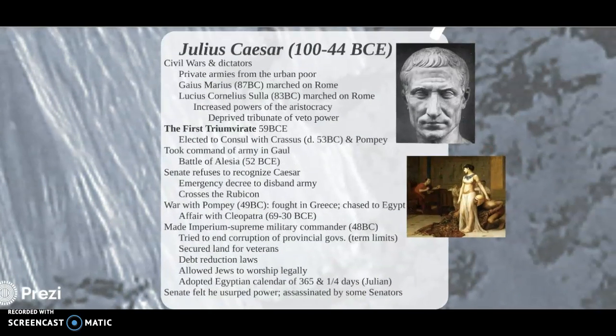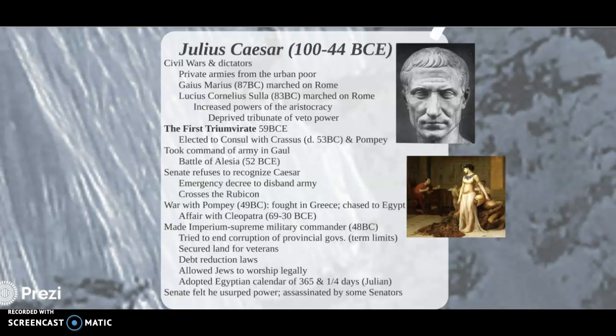Okay, so that leads us to the rise of Julius Caesar, who is one of the most fascinating characters in history. Now, as you can see in the notes, prior to Julius Caesar, there had been a couple of dictators already that marched on Rome, Gaius Marius and then Sulla. Now, Caesar himself, as I mentioned earlier, is someone who is sympathetic to the plebeian cause, and as someone who's very wealthy, will utilize his wealth to gain political power.